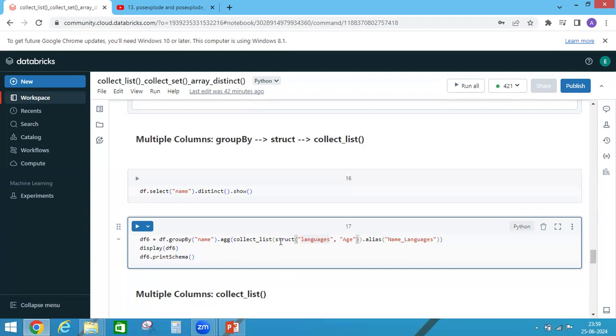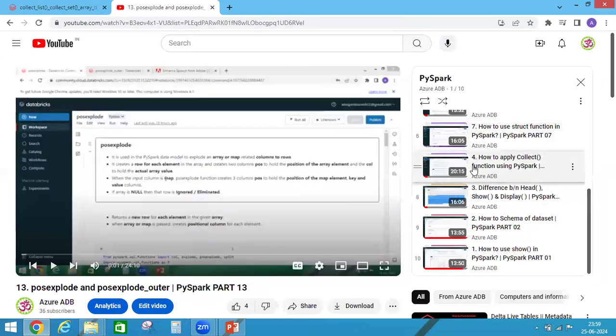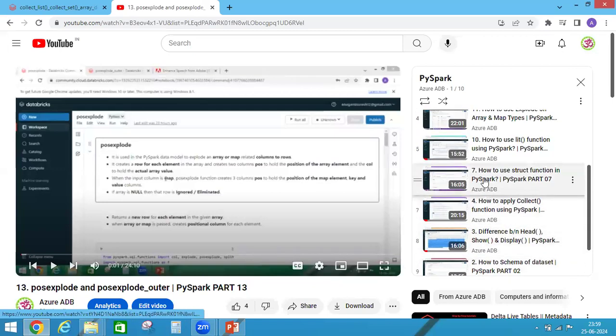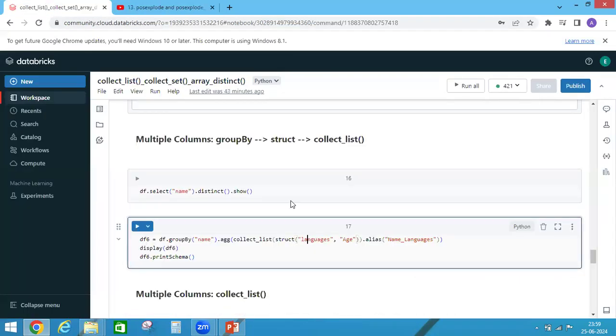So if you want to get more in-depth information about struct column, how to use it, go to my playlist. In the PySpark playlist, you can go to this 7th video, how to use struct function in PySpark. So I explained there in detail how to use struct function. So if I click on this,